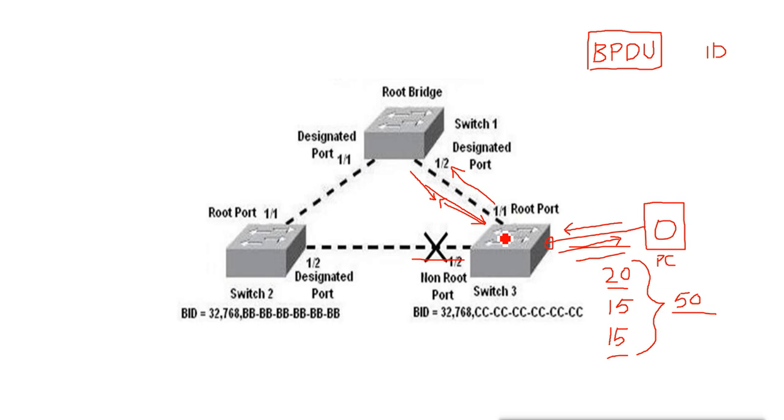They are only blocking it. So they accept this, they don't do anything. But after this, when they go to the listening state, they will start exchanging the BPDUs. And now in this state they will do what? They will do the election first, an election to select the root bridge.